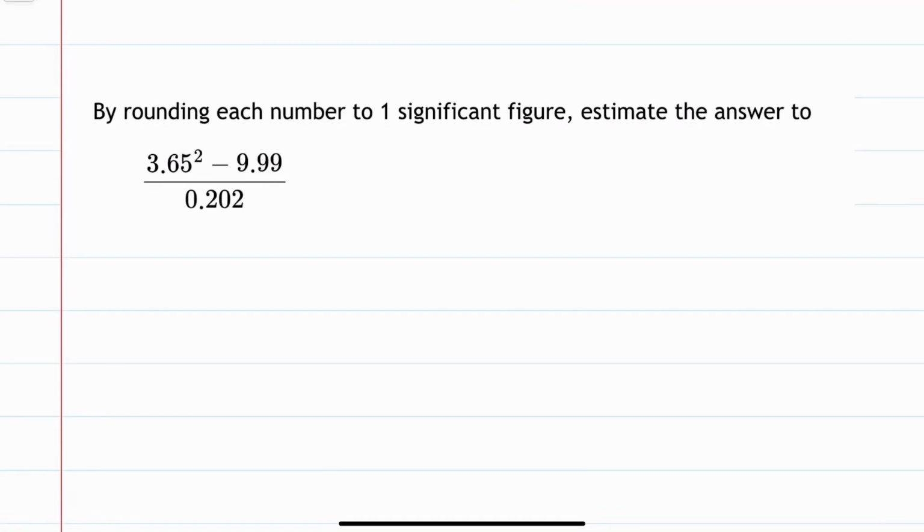This is an estimation question. It says by rounding each number to 1 sig fig, estimate the answer to, and the original question is 3.65 squared minus 9.99 all divided by